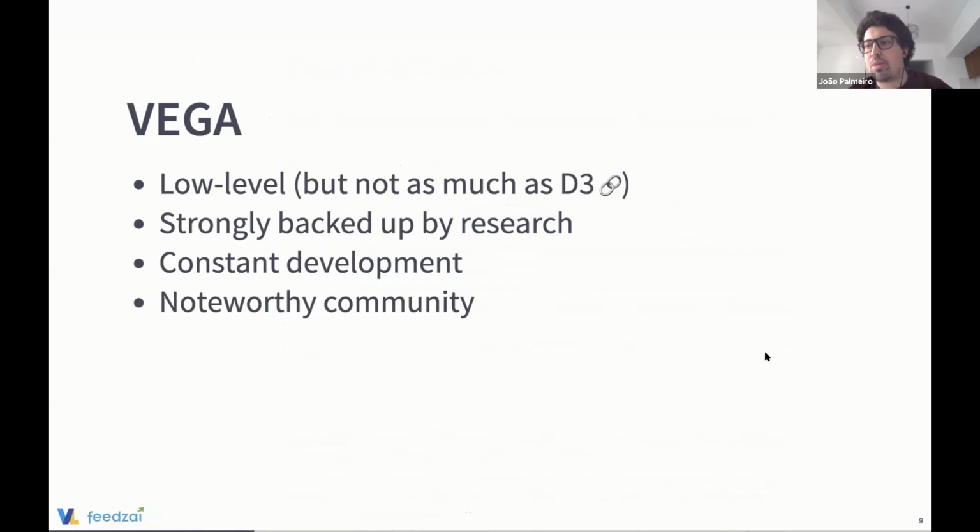It's a good thing. It already has a noteworthy community. It's not the biggest community or the most active community in the world, or the one that shares a lot of different charts with different variations, so you can learn a lot from every place basically. But you have a really nice, approachable community, and you can learn a lot using the things that other people built.